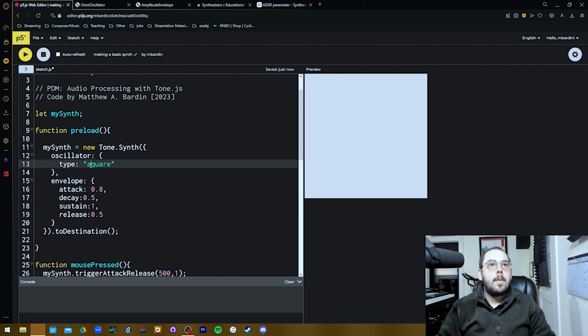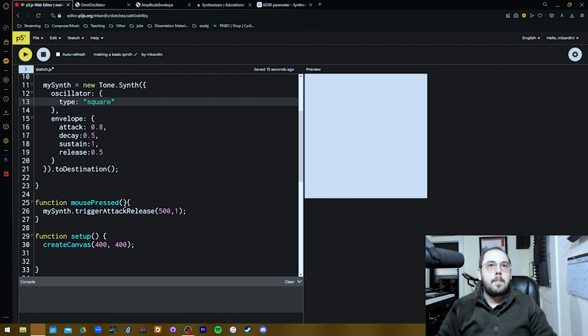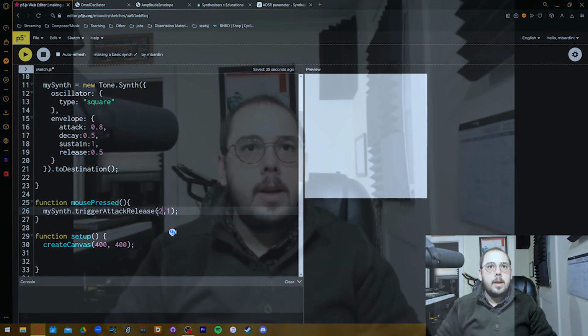Square, right there, has a different kind of collection of overtones. A lot of times you'll hear a lot of clarinet type instruments modeled using variations on a square wave. That's not a great way to make everything sound like a clarinet, but because of the combination of stuff,